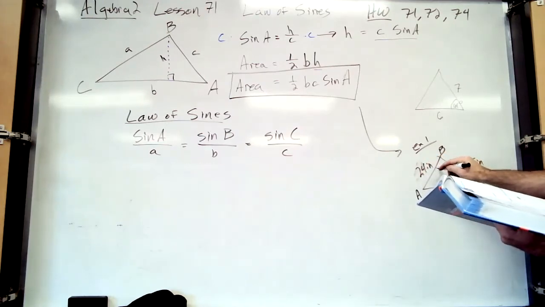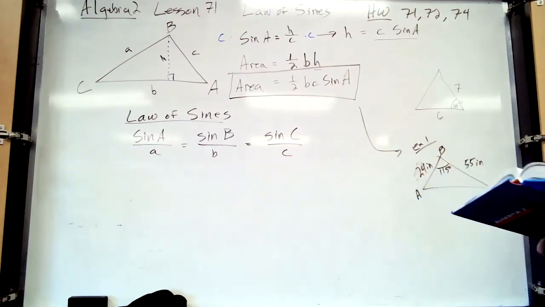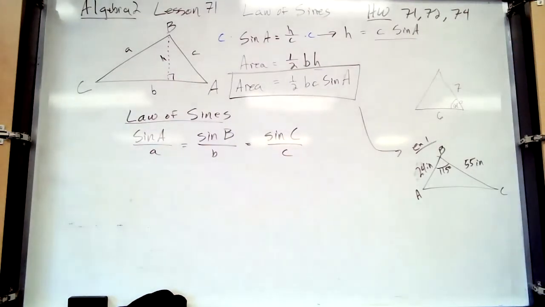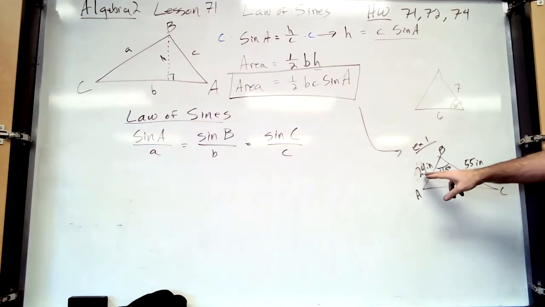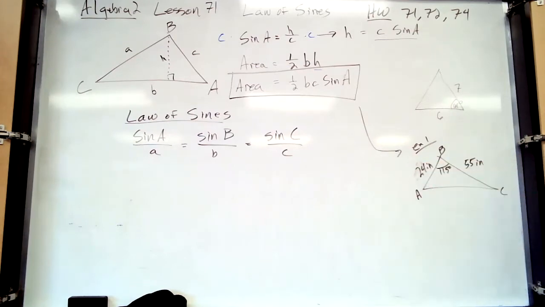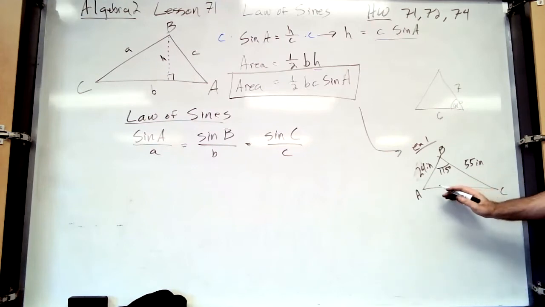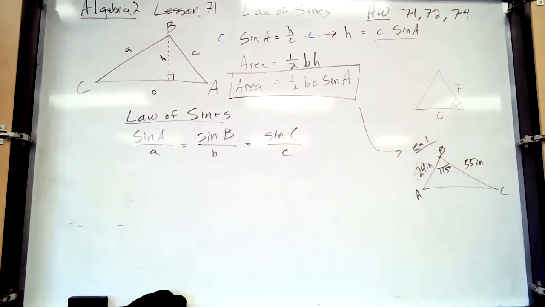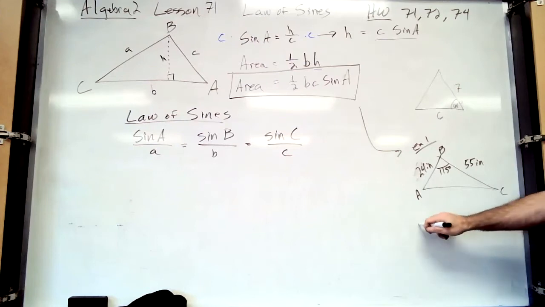And then we're given this angle, which is 115 degrees. So basically, you can use this area formula if you're given an angle and its surrounding sides. So instead of sine of A, we're going to say sine of B, and instead of B and C, we're going to use these sides. So to find the area this way, if you're given an angle and the surrounding sides, then area